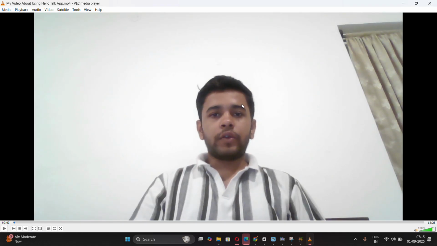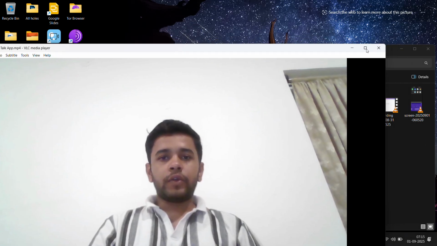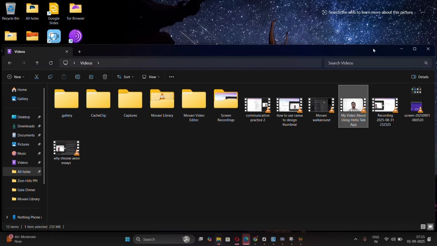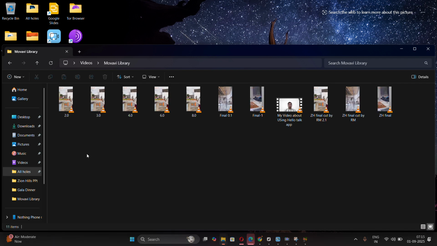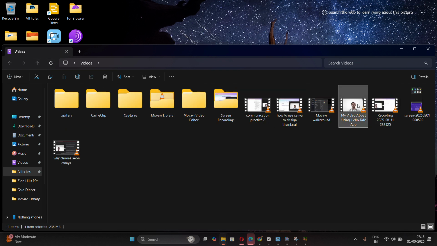Using this you can see that there is no change in the video quality at all, and the size has reduced from 2.64 GB to 235 MB. So using this technique, you can easily convert all your big videos into small videos without losing quality,